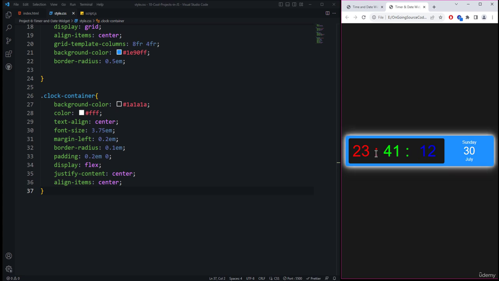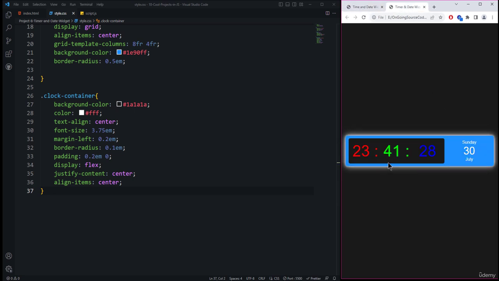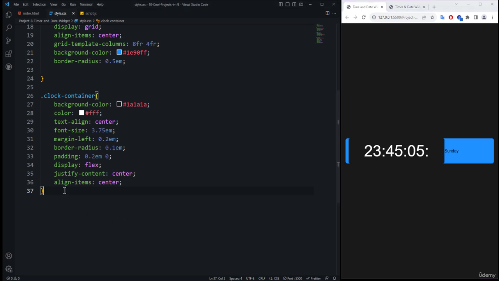So it's actually going to shake the UI, like in the previous application I told you why we use the span element and provide a fixed width with the display set to inline-block. Once we complete the entire code for this application, I will show you again why we use that particular code. So we are going to do that here as well, like the clock container, then the span